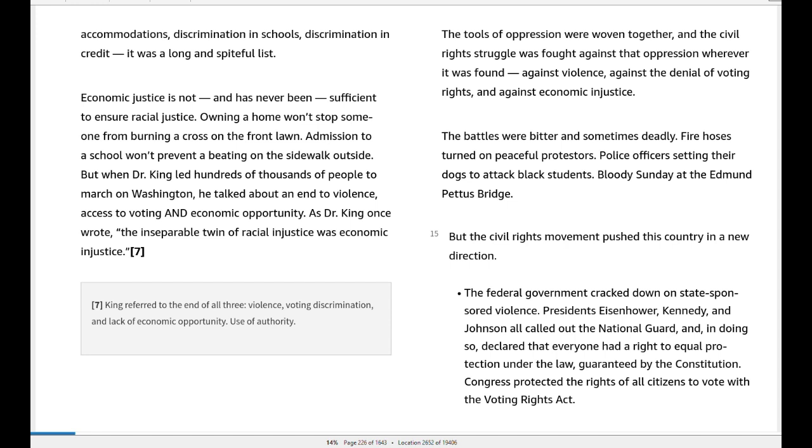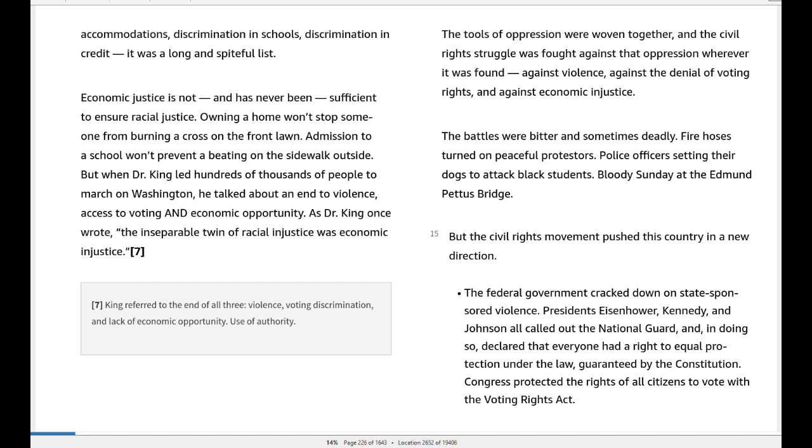But when Dr. King led hundreds of thousands of people to march on Washington, he talked about an end to violence, access to voting, and economic opportunity. As Dr. King once wrote, the inseparable twin of racial injustice was economic injustice. Student Note 7. King referred to the end of all three: violence, voting discrimination, and a lack of economic opportunity, use of authority. The tools of oppression were woven together, and the civil rights struggle was fought against that oppression